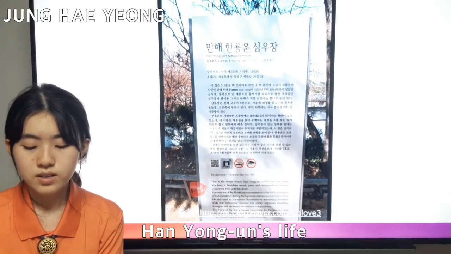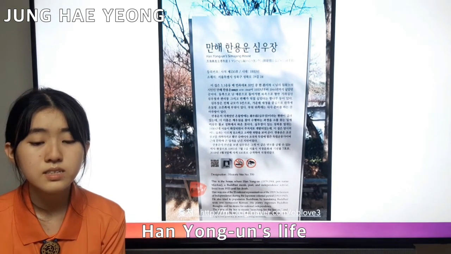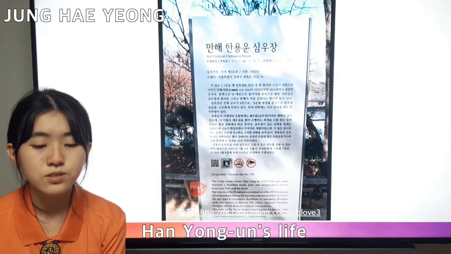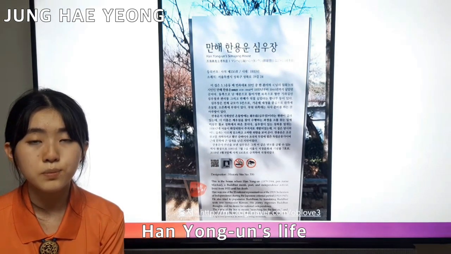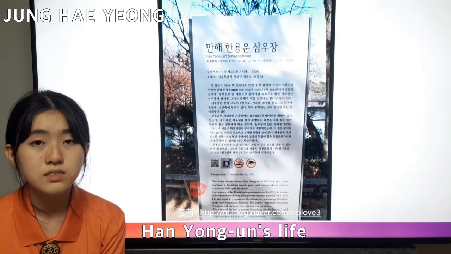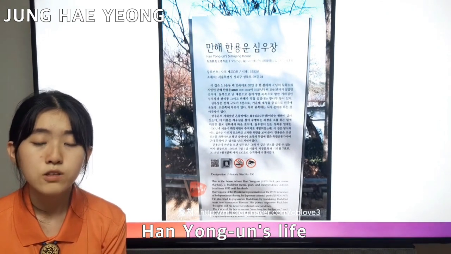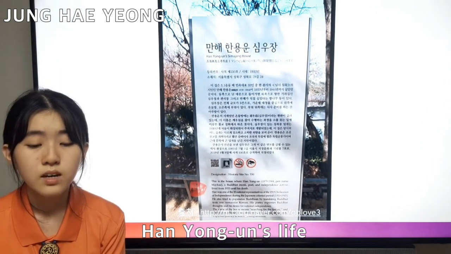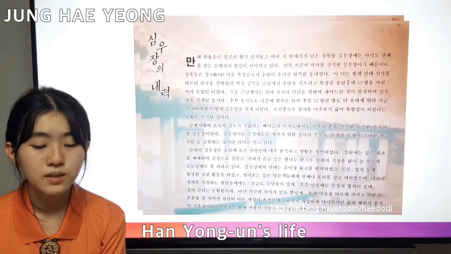This is the house where Han Yong-un, a Buddhist monk, poet, and independence activist, lived from 1933 until his death, as I told you. He was one of the 33 national representatives of the 1919 Declaration of Independence during the Japanese colonial period from 1910 to 1945. He also tried to popularize Buddhism by translating Buddhist texts into vernacular Korean. His poetry expresses Buddhist thoughts and his desire for national independence.